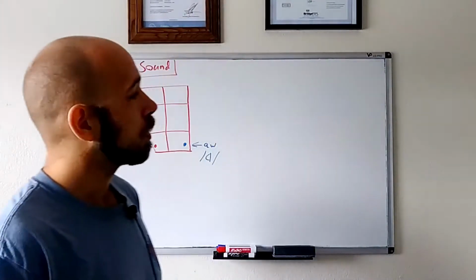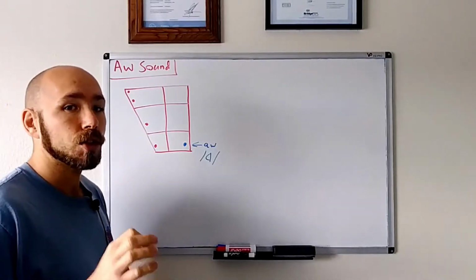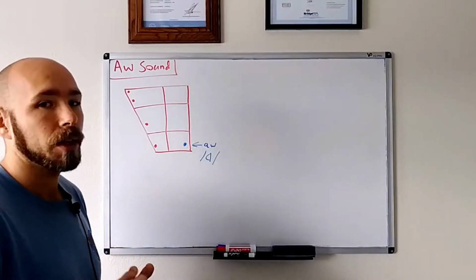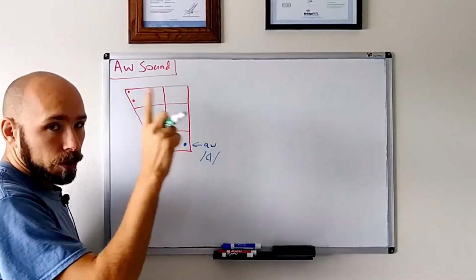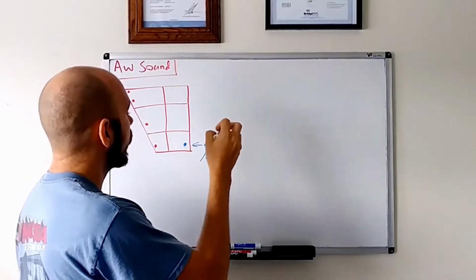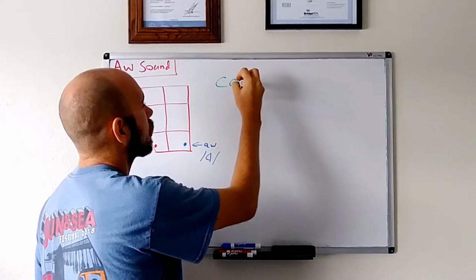Today we're moving on to the vowel sound ah. This vowel sound is extremely important, and there are some important details that we have to talk about with it. Now, the first important detail that we have to learn about this is that there's something called the cot